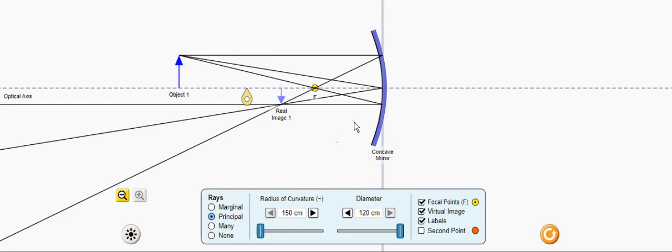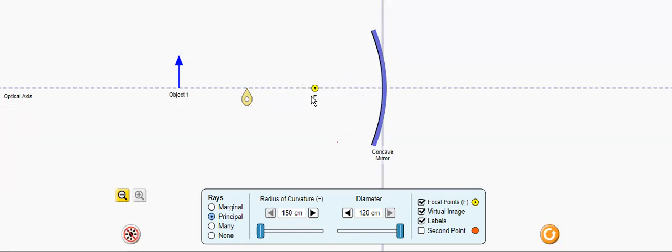In this video, we are going to learn the cases when an object is placed in front of a concave mirror, a convex mirror, and a plane mirror. So, in the first case, if you see here, place a mirror, okay, and then mark the focus point